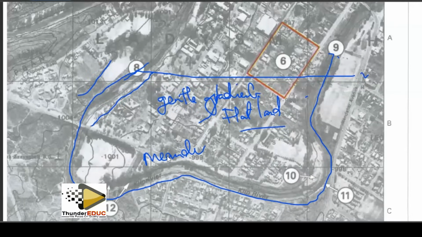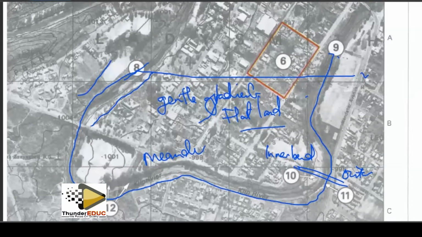Right, refer to block C5 on the orthophoto. Why will more erosion take place at 11 than at 10? We are looking at this part here. I think, again, we've explained something in relation to that. This is a meander, and on the meander, this is the inner bend, and this is the outer bend. The question is now asking, why is there more erosion at